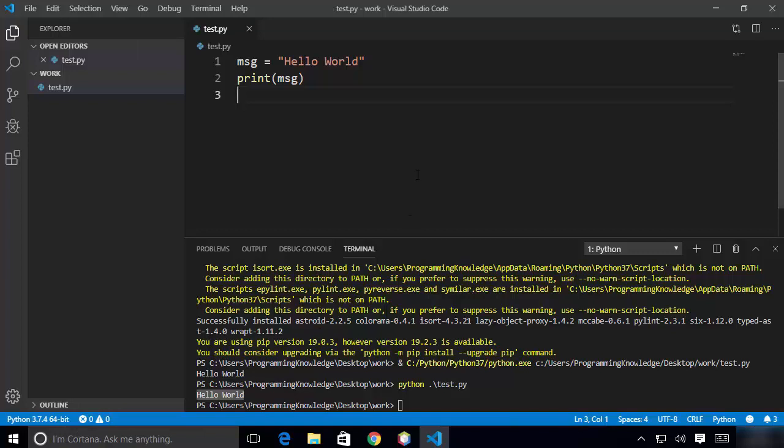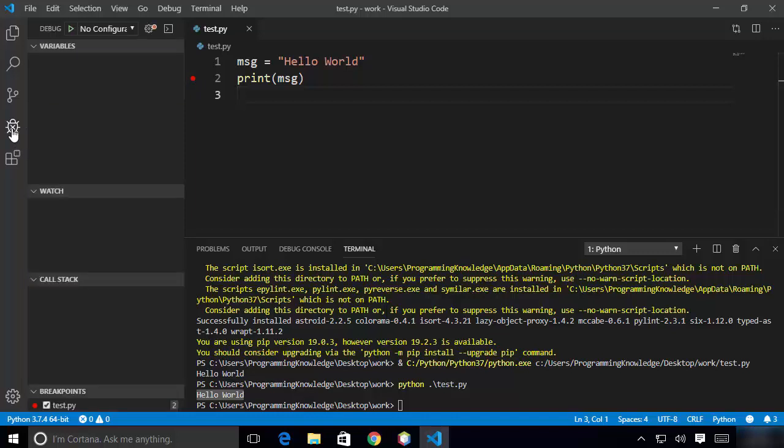So now let's try to debug our code. To debug our code, we just need to give the breakpoint. Breakpoint you can give from here. So just click on the left bar here, and then you can see the red dot. That means we have set the breakpoint, and then you can just go to the debug options.